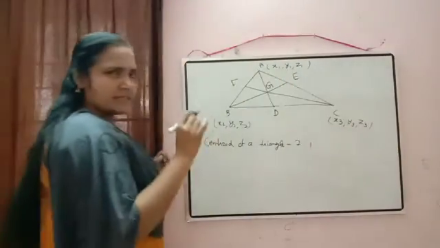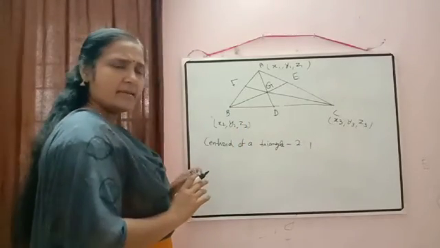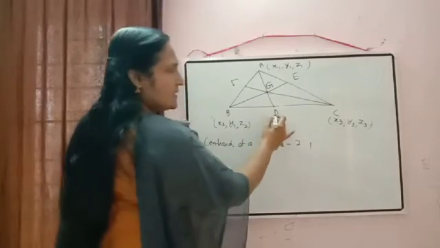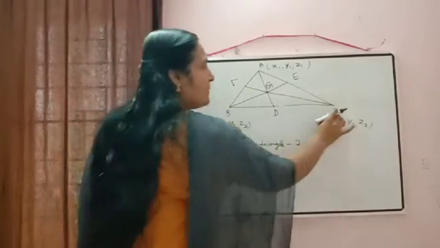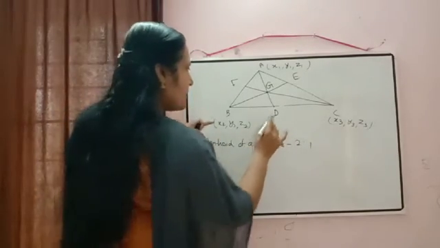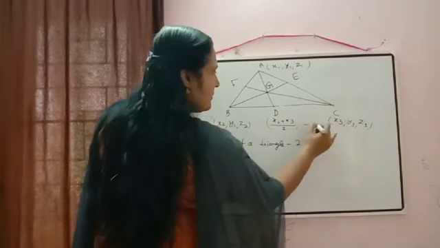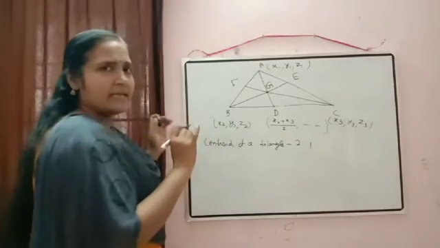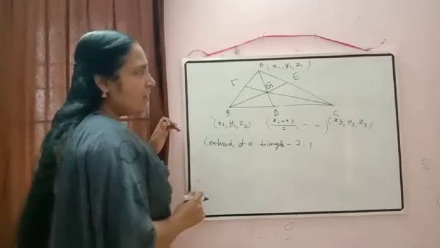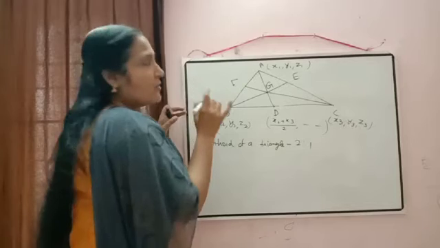Okay. Now we will check what the x coordinate of G will be. Then the remaining coordinates we can write once we get the x coordinate. Now, what is D here? D is the midpoint of BC. So according to the formula, the x coordinate of D will be equal to x2 plus x3 by 2. We are not writing the y coordinate and z coordinate because we are deriving the formula for the x coordinate of G. Now what I said here, G divides the median in the ratio 2:1.